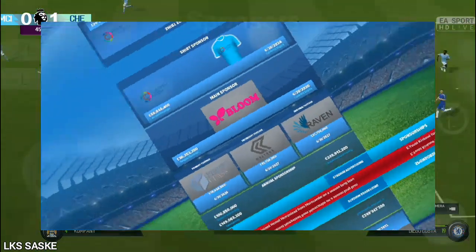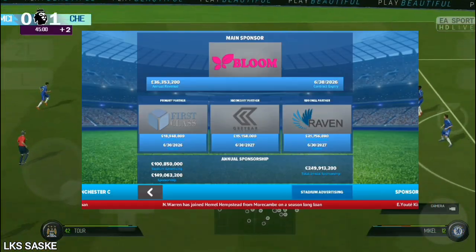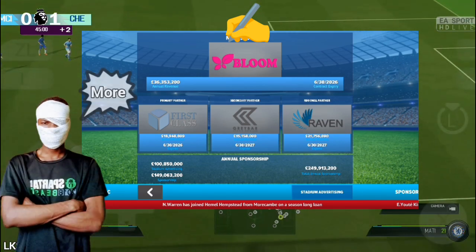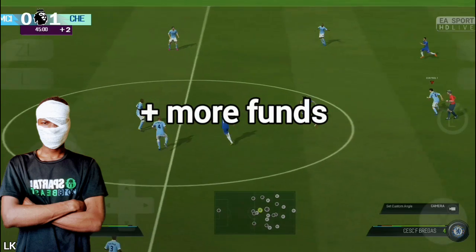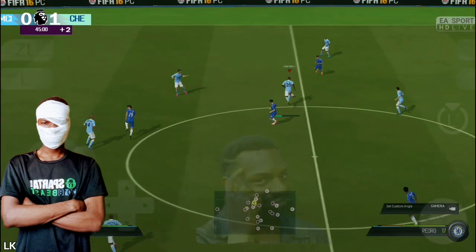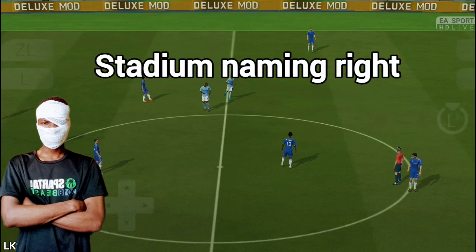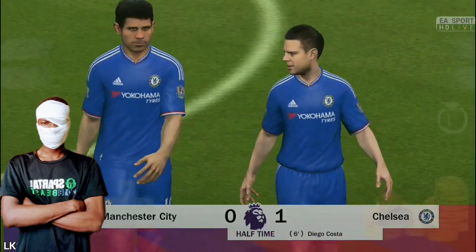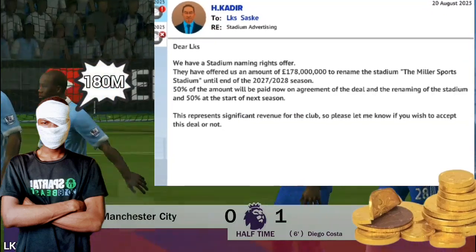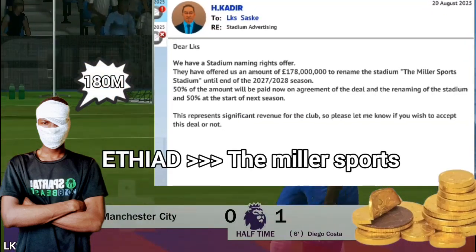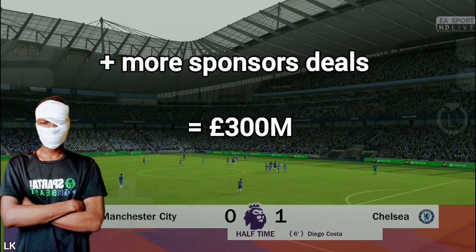Next strategy is the sponsors. We all know sponsors play a very good part in revenue and profits. Signing as many sponsor offers as possible is also a good strategy, which will lead to additional funds for your team. But you can also earn more from sponsors than you know. Giving sponsors advanced advantages like naming the stadium for a period of time can add up to a very huge amount of money. We got paid up to 180 million to change the stadium name for a period of 2 seasons and signed a lot of sponsor deals, which gave a lot of funds to the club.